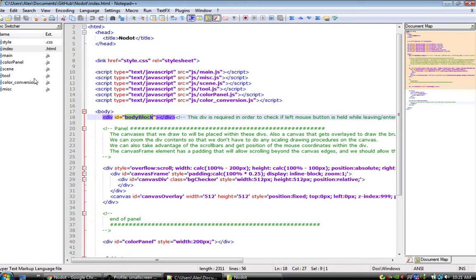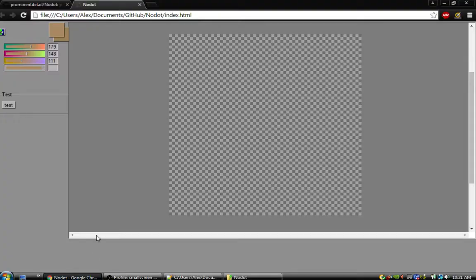And I found this was required because I capture events like mouse clicking, and when the mouse leaves the window, because if you're clicking on, say, one of these sliders and then you drag the mouse off the window and then unclick,